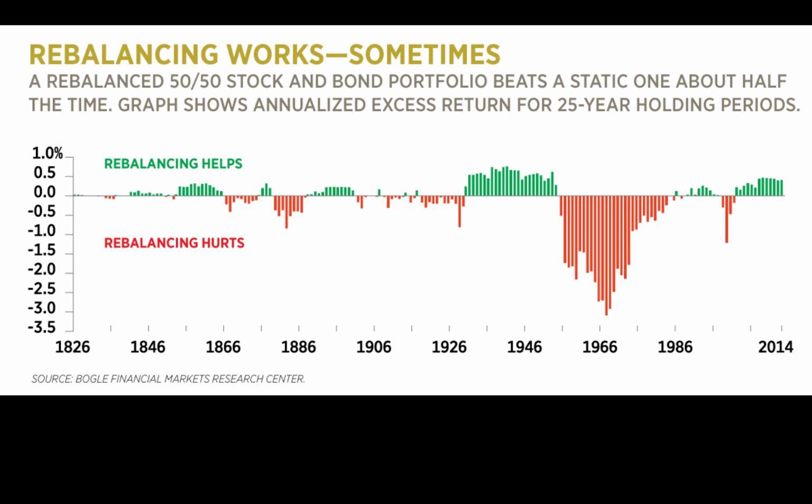There's a lot of red in this chart. Rebalancing leads to lower performance of the portfolio. There are a lot of 25-year periods when rebalancing actually worked pretty well. Basically, this just points out that rebalancing doesn't necessarily aid in performance, and most of the time hurts performance, but it's really about maintaining the desired level of risk in a portfolio.